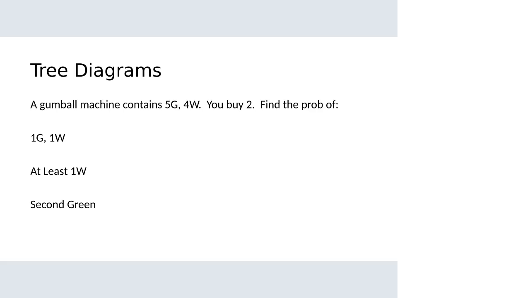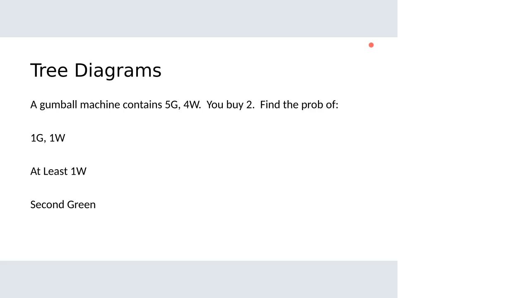One of the things that we studied in probability when the problems got a little more involved were tree diagrams. A gumball machine contains 5 green and 4 white gumballs. You're going to buy 2. Find the probability of getting 1 of each, at least 1 white, and the second one is green. These are problems we're going to use a tree diagram for